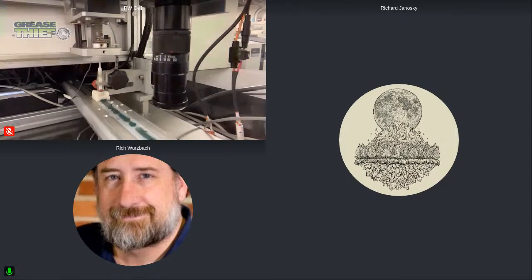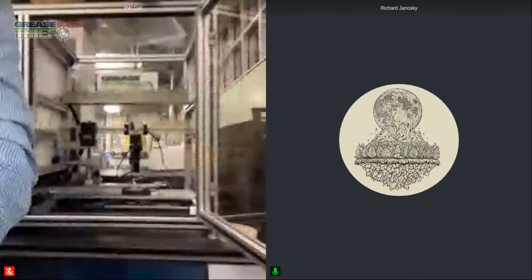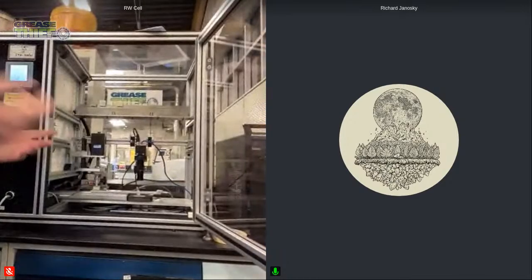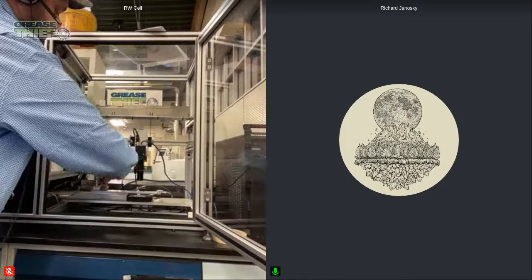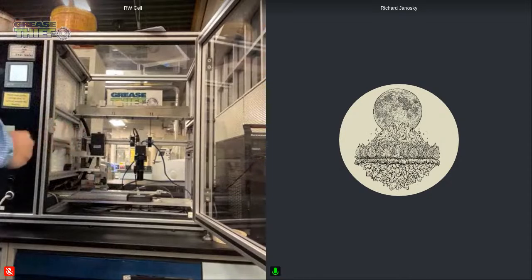About each section holding 0.25 grams of grease approximately, but I can see on this particular extrusion, there's obviously some variation. So can you talk a little bit about why you see that and how you handle samples like this? Yes, I'd be happy to. So sometimes it can be challenging for the customer to take a sample without getting an air bubble in it or something like that, depending on how they have to take the sample. So this one could be that from our customer, where this could have